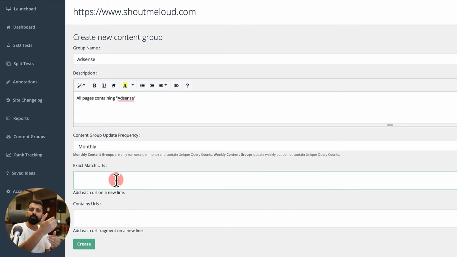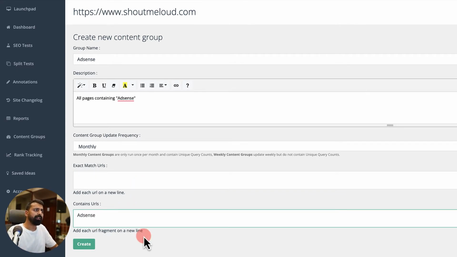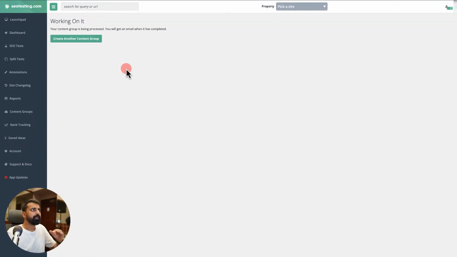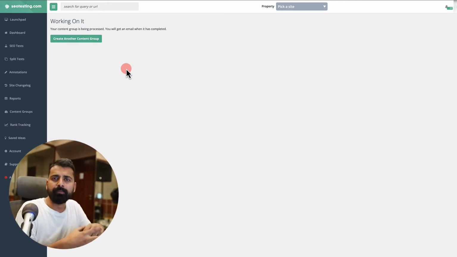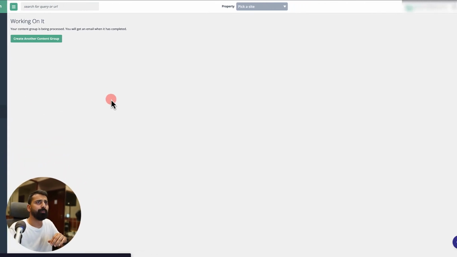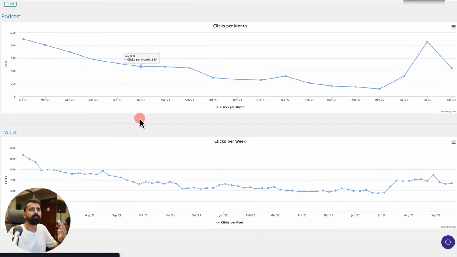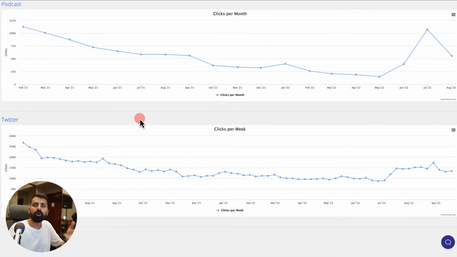You can copy paste the URLs, one URL per line, or you can simply add the word that you want to add in your group. So in this case, I want to add the word AdSense in the group, like all the URLs which have the word AdSense will become part of this group. And then I click on create. Now, of course, it will take some time, maybe 10 minutes, half an hour, depending on the size of your website. It will create a report like this, and that's how you can start monitoring the changes on a particular